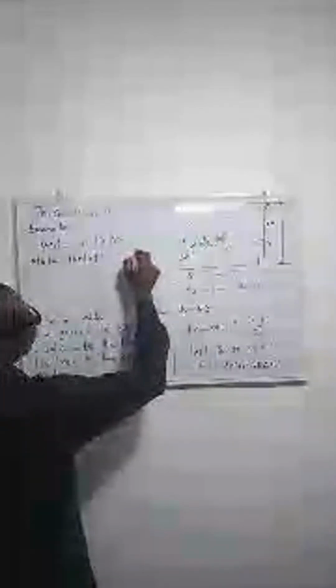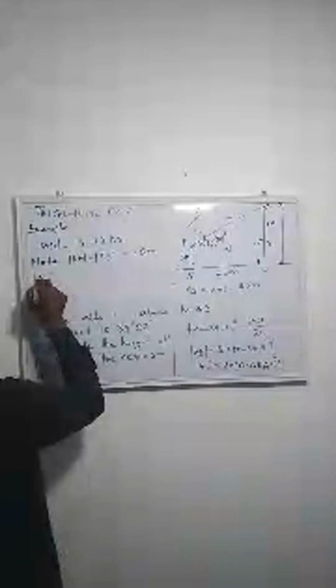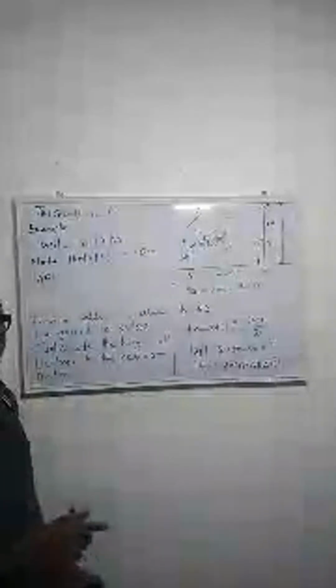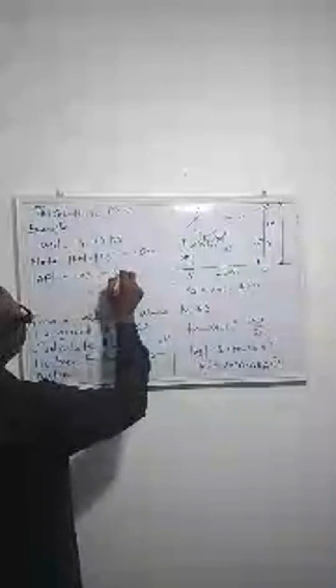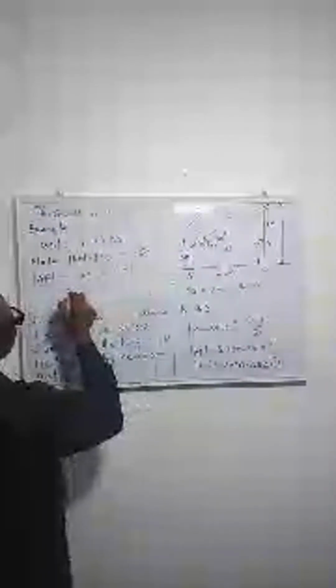So DF equals TS, and it's equal to 1.5 meters. So to get length AF, the height of the tree, you have length AD plus length DF. That gives you